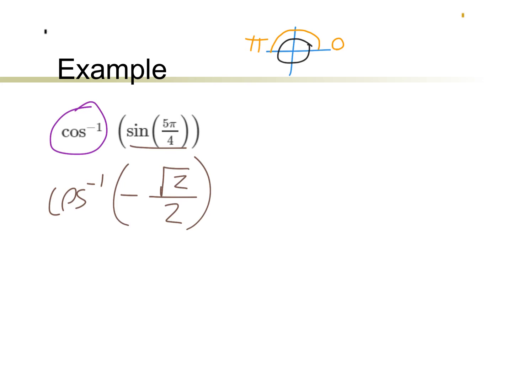The cosine inverse of negative root 2 over 2 is going to occur at 3 pi over 4. So if you recall, cosines deal with our x components, our adjacent sides. Negative root 2 over 2 is going to occur over here in quadrant 2 at what is essentially the 45-degree angle, or the 135-degree angle in quadrant 2, to give us 3 pi over 4. 3 pi over 4 fits within our 0 to pi domain restriction, so 3 pi over 4